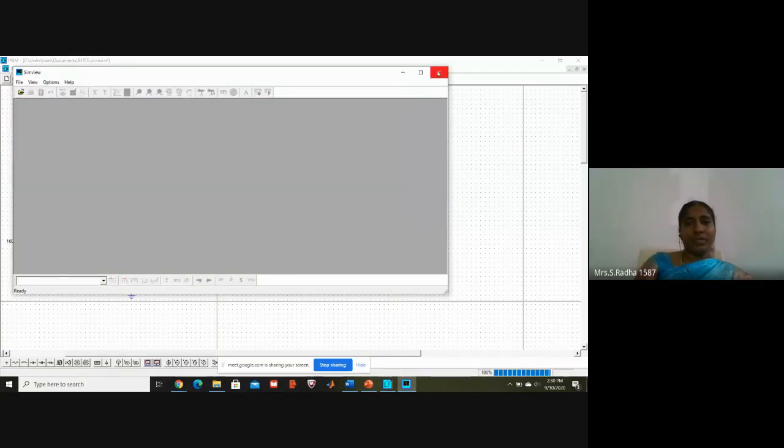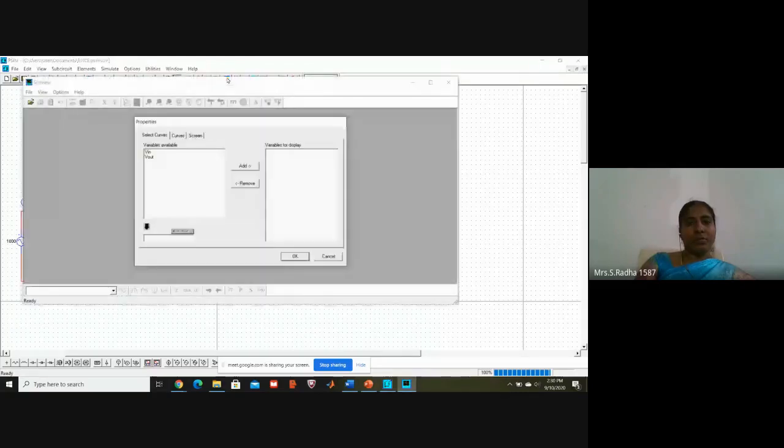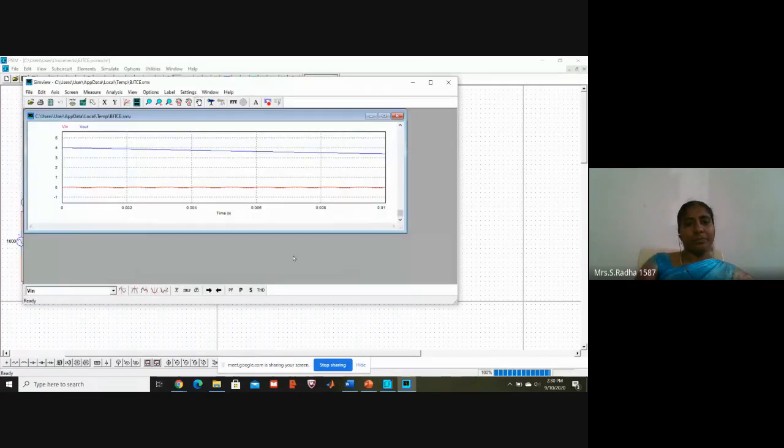Now coming to input and output. If I want to see both input and output, select this, click on add. Again, select on Vout also, click on add. Now OK means two waveforms will come. Okay. This is input. As the amplitude is 50 millivolts means 0.05. So it is very less. But output amplitude is 4. Output amplitude is 4. Okay. So the y-axis for the two waveforms are different. And that's why we are not able to see.